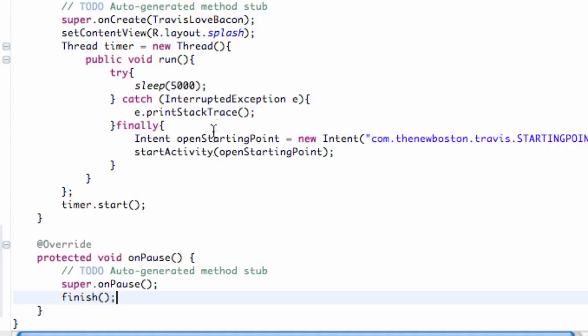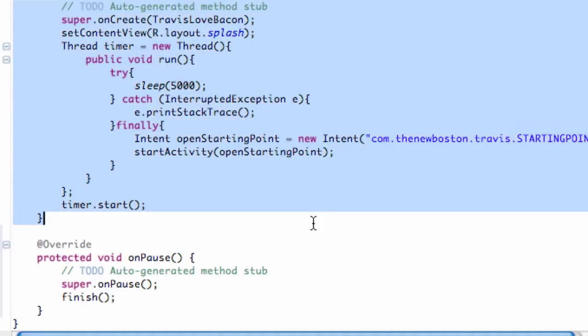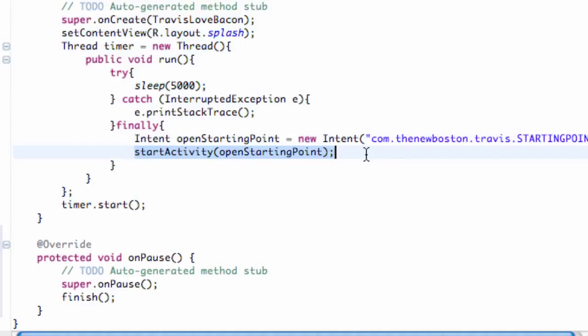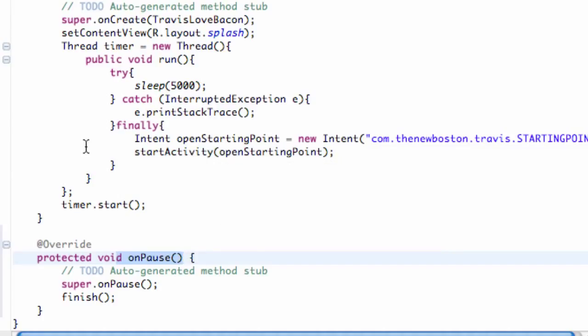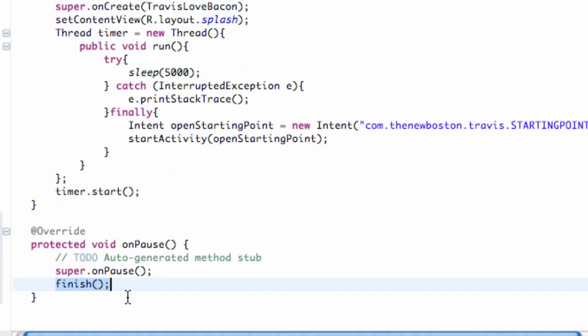So pretty simple, but what is happening is when this splash activity starts, because it's the launcher item, it's going to go through this onCreate method, then it's going to run, and then when we call this start activity right here, the splash activity is going to call this onPause method because it's going behind the starting point activity that's being created. So it's going to call this onPause method real quick, and that's where we're just going to finish our class. So we're going to say, hey, destroy yourself, finish yourself. And hopefully that made sense and you guys get the structure of how the life cycle works for the most part,